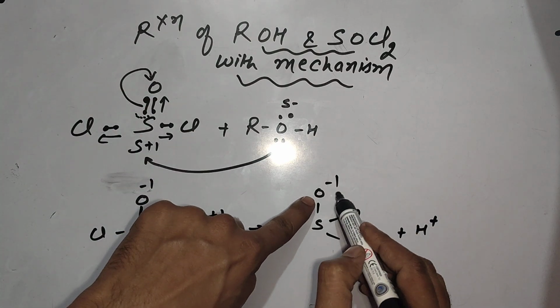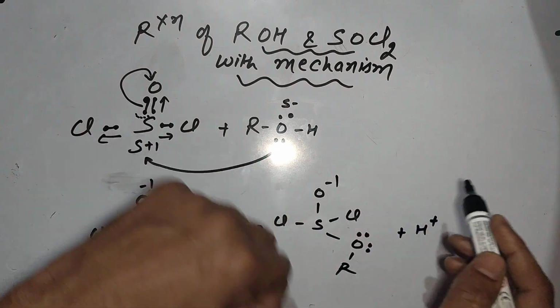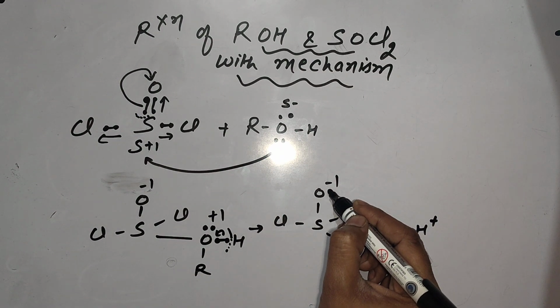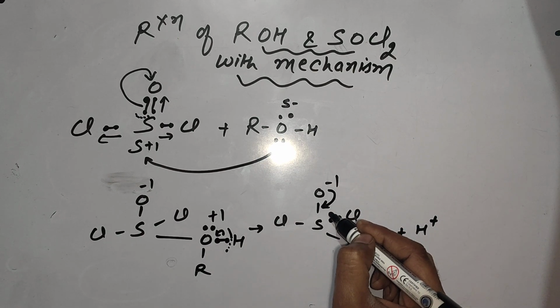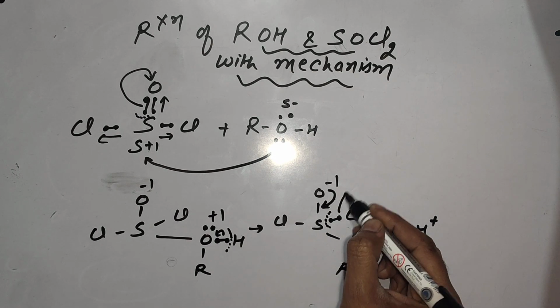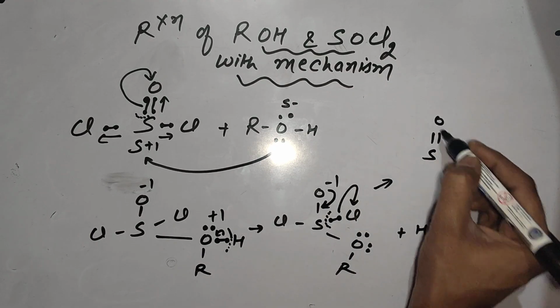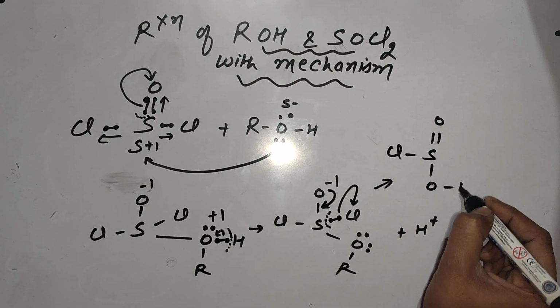And this oxygen will stabilize. This is H positive and this is Cl negative. So HCl product will be generated over there. And this oxygen will bring back these electrons here. And chlorine will break the bond from sulfur like this. And we will have SOCl, O, R,